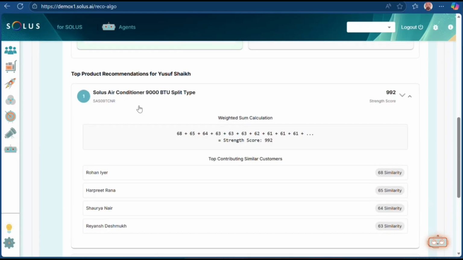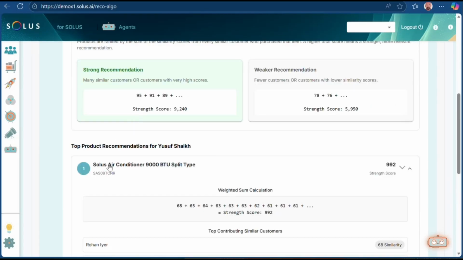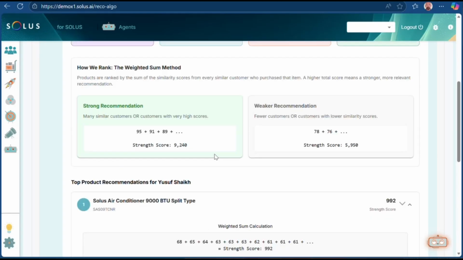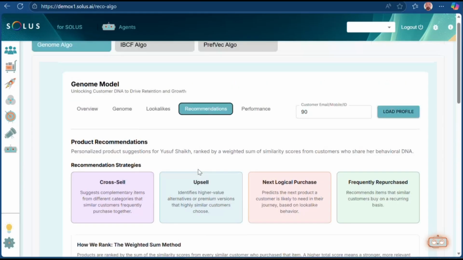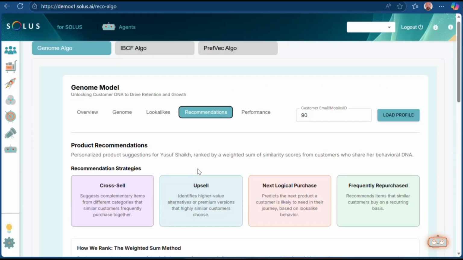So I can take what these similar customers have bought that this fellow has not bought and ask myself, based on what these other people have bought, can I come up with, let us say, a weighted score for each of these recommendations that then tells me which is better and which is worse. Broadly speaking, minus the fancy math, this is the approach. Where is this very useful?